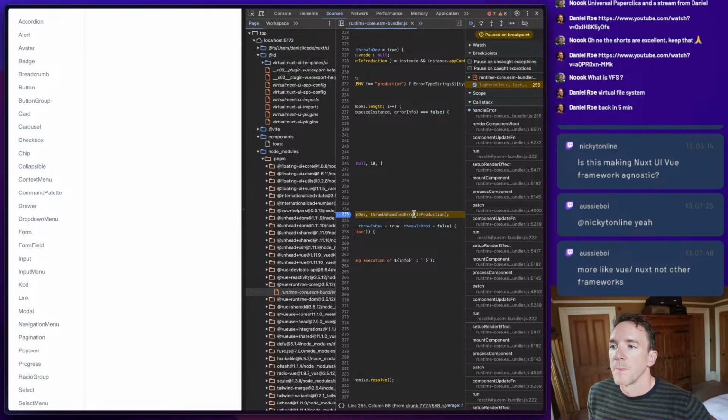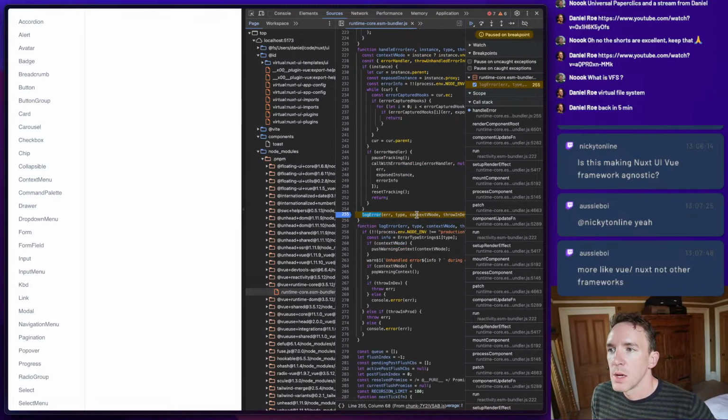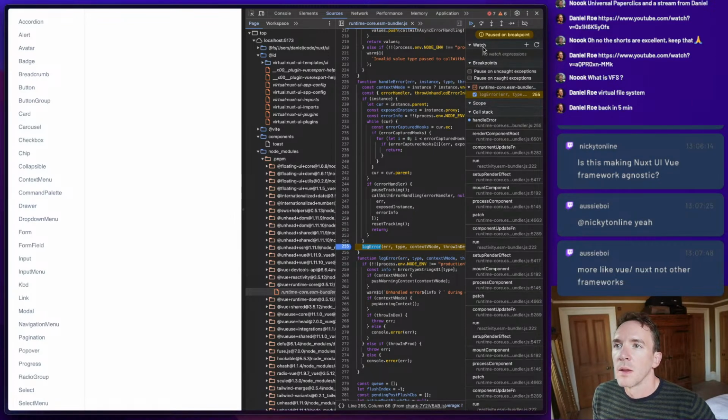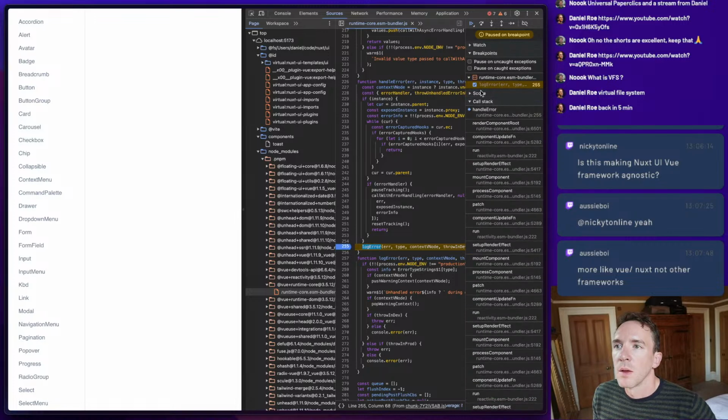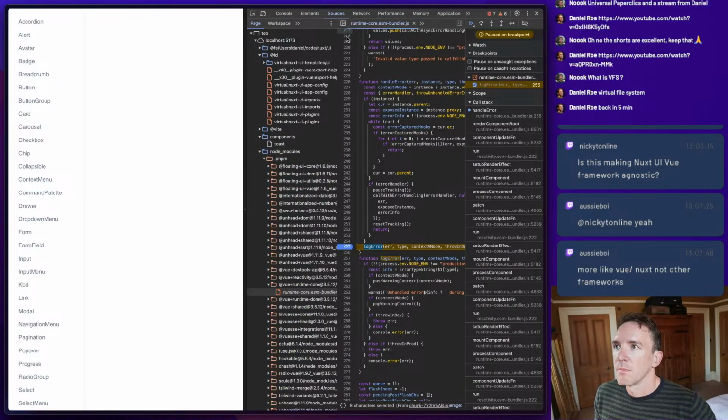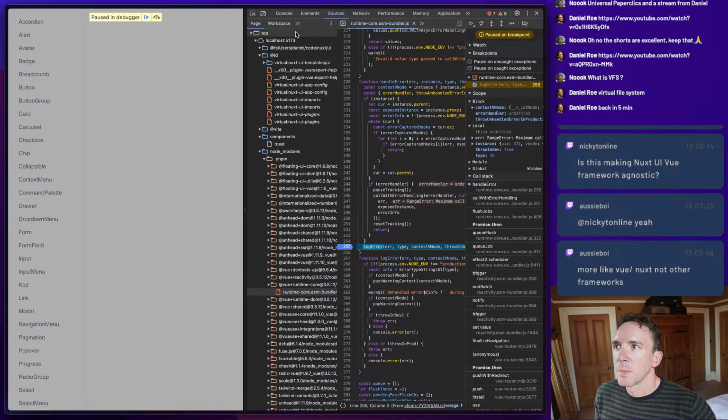So, why is it, why can't I get access to the actual error? Let's try stepping on.